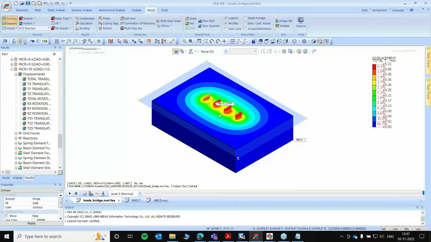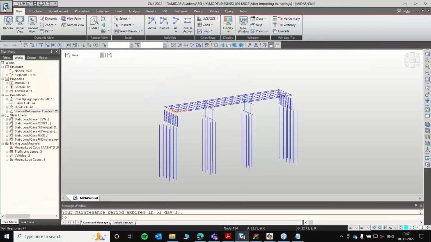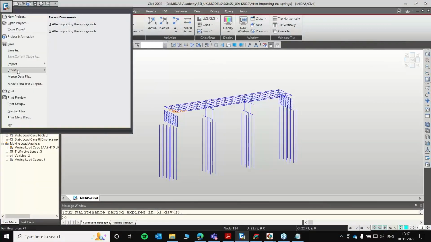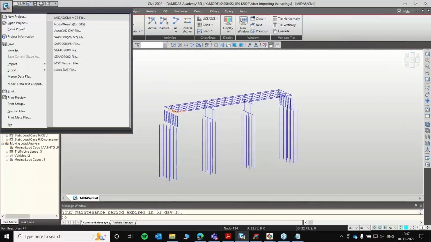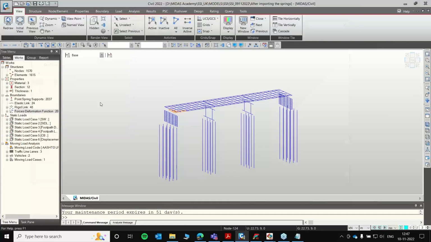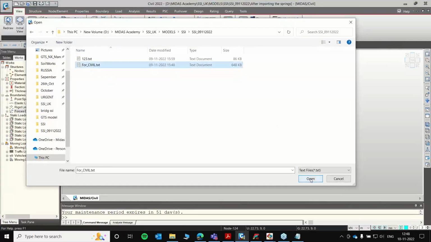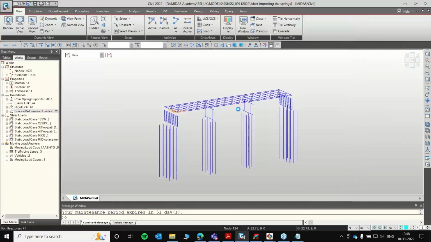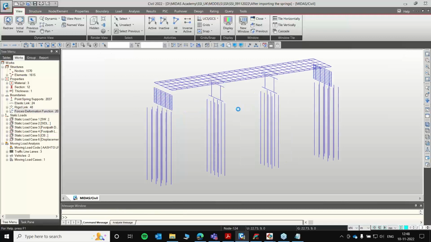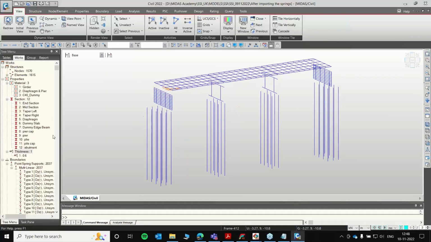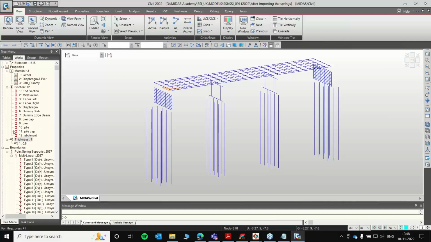After that is done, all you need to do is just go to civil, press on the civil icon, import nodal results either for GTS or FENX. I'll just click on for civil, press open. It'll take a couple of seconds to open up. It's done now.